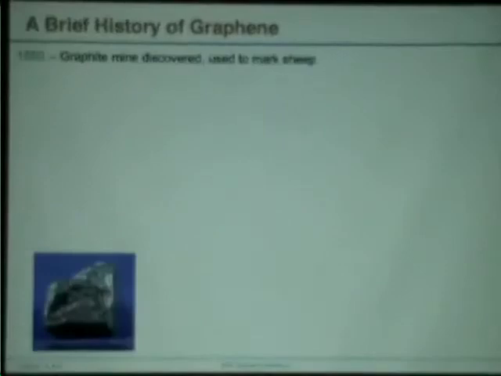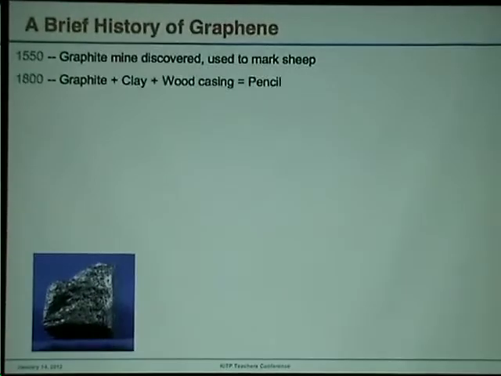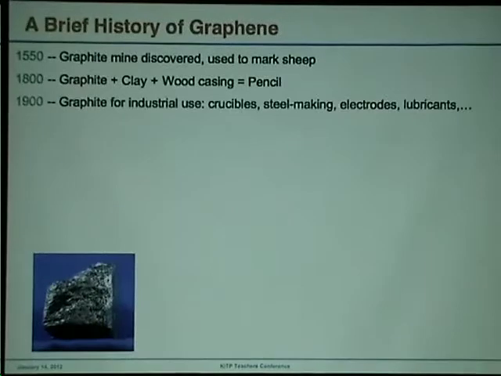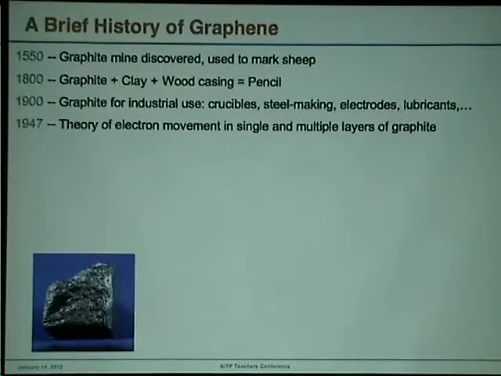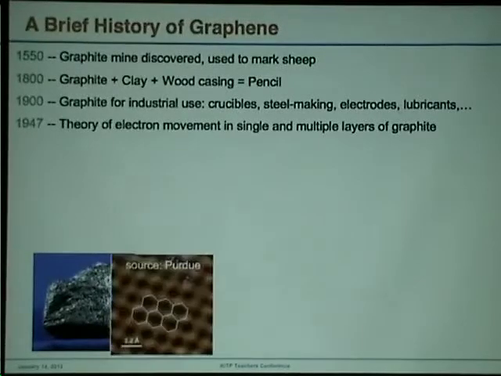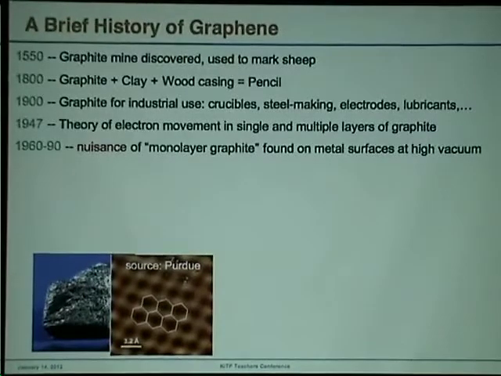Okay, so a brief history of graphene. All right, let me skip this really fast. It was first used to mark sheep, and then used to make pencils, and then for industrial use. Actually, there's a lot of industrial use for graphite, for steel making crucibles, lubricants, etc. In 1947, the theory of electron movement in graphene was already discussed. Then from the 60s to the 90s, people found a nuisance: monolayer graphite on metal surfaces at high vacuum. And